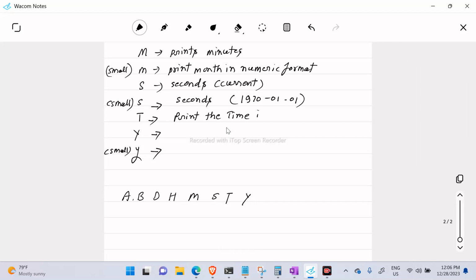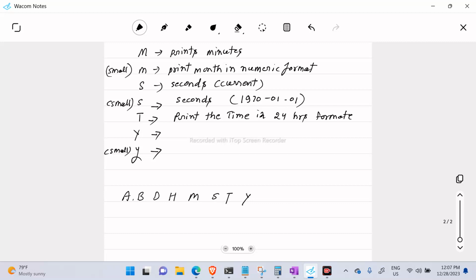Print the time in 24 hours format. How exactly are we calculating 1 2 3 4 5 6 7 8 9 10 11 12? Then I can start from 1 2 3 4. It is difficult to identify which one is AM and which one is PM. Suppose you are using 1 to 12, then again I start